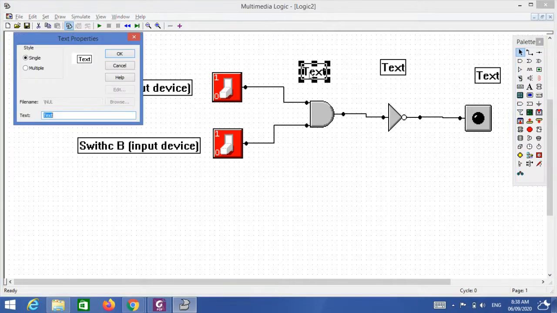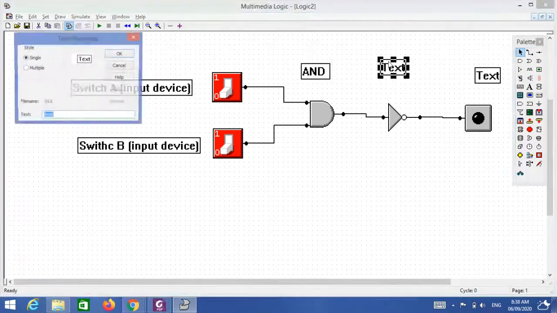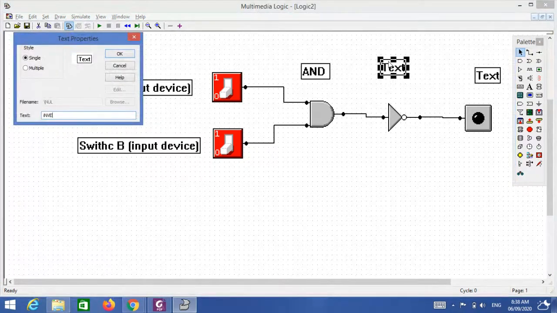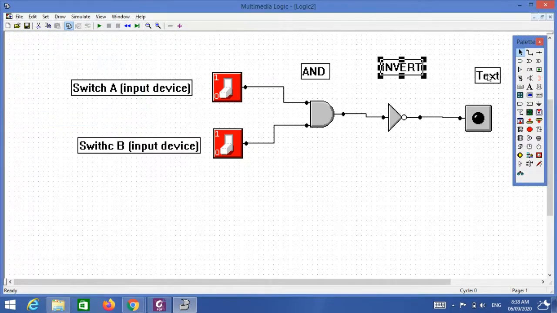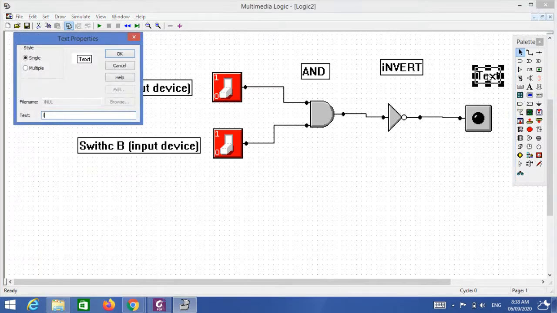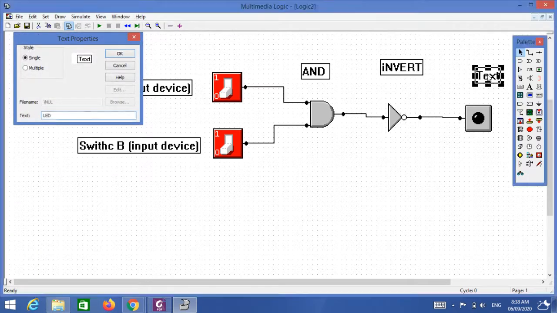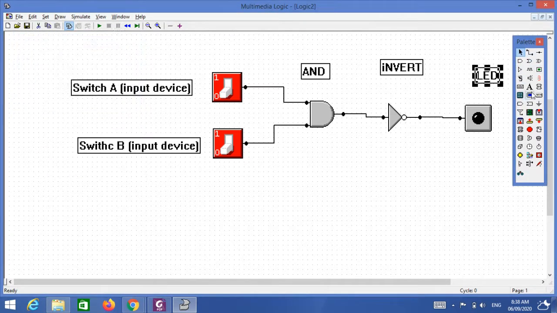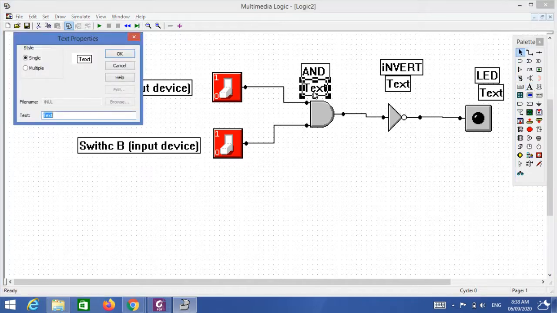And this is AND gate. This is invert. This is LED. And also you have types for this. They are all what? Control, and this is output device. So this is control device.